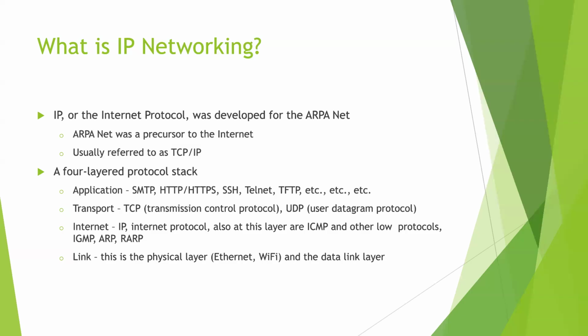You've got the application layer at the top, which is the individual applications and the protocols that they're using. Then you've got the transport layer, which is typically TCP for connected sessions and UDP for unconnected sessions. We'll talk about the difference in those in a minute. Then you've got the internet layer, the IP layer, and there are some other protocols that live at that layer as well. And then the link layer is the physical layer, and that incorporates the Ethernet, Wi-Fi, whatever the physical layer is for that, and the data link layer.